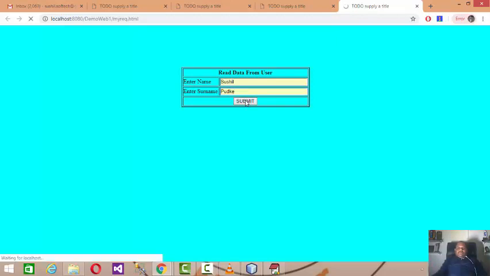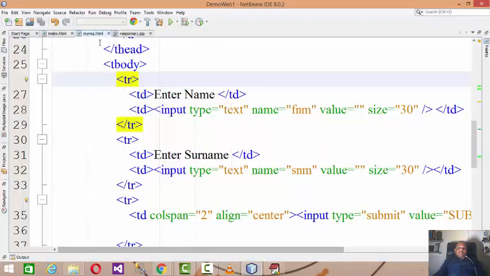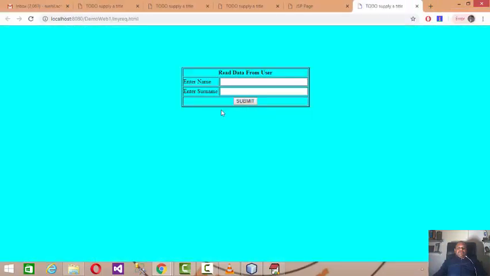So click on submit. Now the data internally will be posted to the server, and the posted data will be name so and so, and surname so and so. If you post some different data, the different data also gets posted over here.